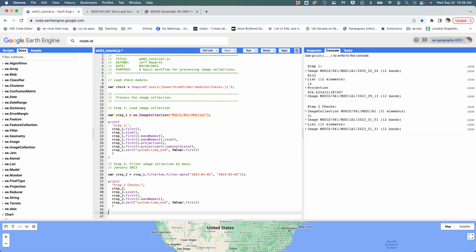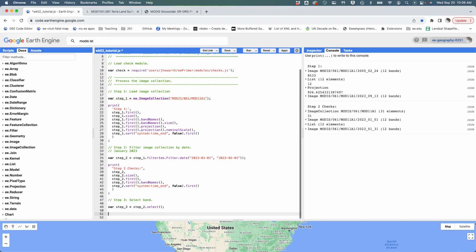Okay, so step three, and I'm going to grab this starter snippet. This is filtering by date. Nope, sorry, this is selecting by band. Just kidding. And so here we go. I'm going to paste that in there, give myself some space. So to select by band,